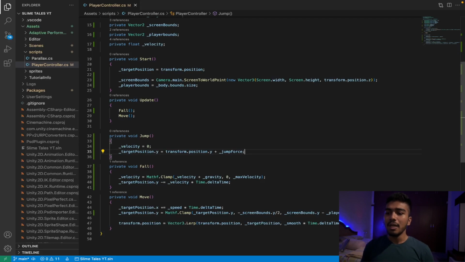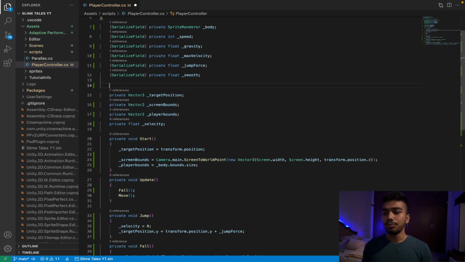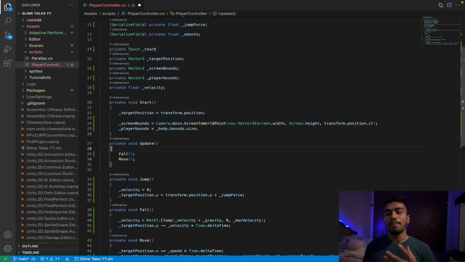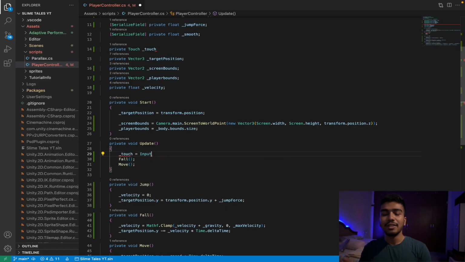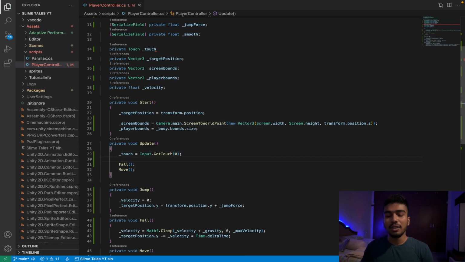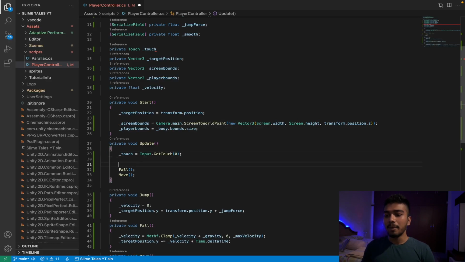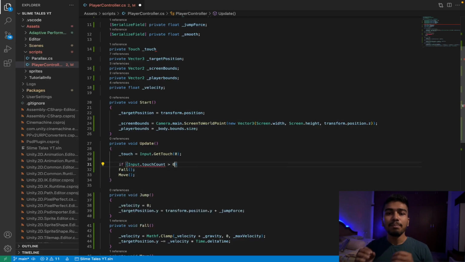inside the update function. But before we do that, we want to get the touch input of a player. So I'm going to create a private touch variable and I'm going to call it touch. So the way we call the touch is we have Input.GetTouch and inside the parenthesis 0. The 0 is for the first touch which the Unity editor will detect from the player. Next, we want a simple if condition so that if touch count is greater than 0, meaning that we have